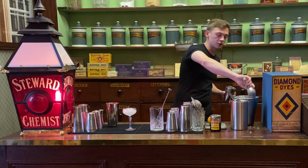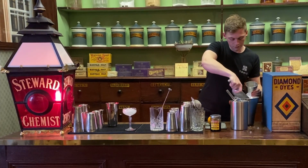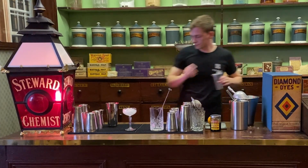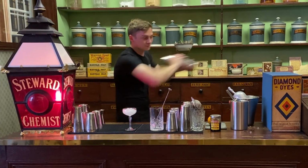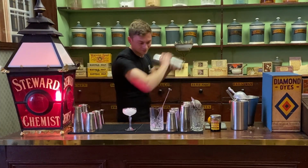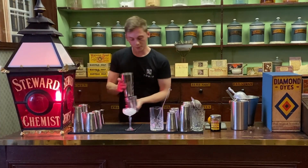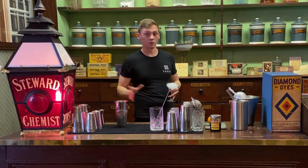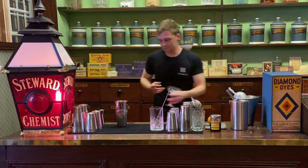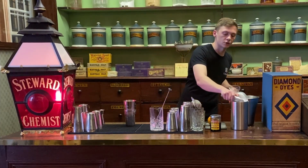And then we're going to do cubed ice and give it its last shake to bring it down to temperature. Make sure it's on properly, you don't want egg white all over you. Now the unique thing about this drink is it's still served with some crushed ice in the drink, which by today's standards with egg white drinks isn't very usual, because the water will start taking away from the drink, but with this drink it actually complements it massively. So I'm just going to add a small amount of crushed ice into it,